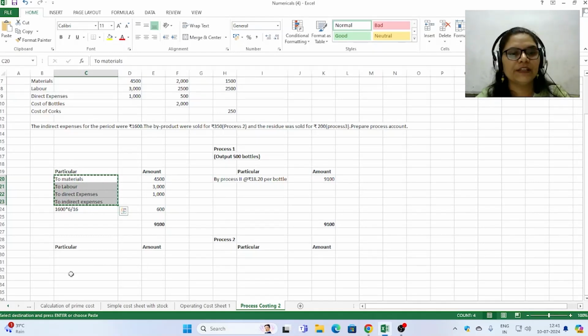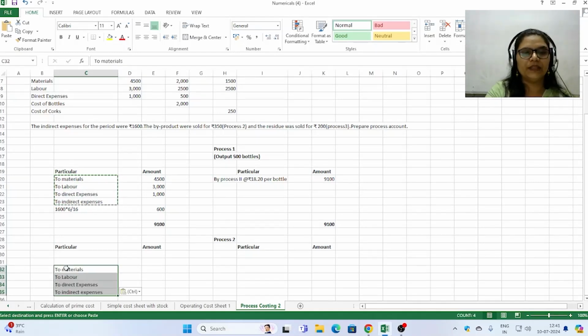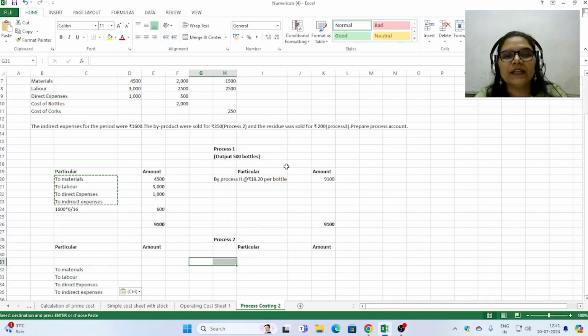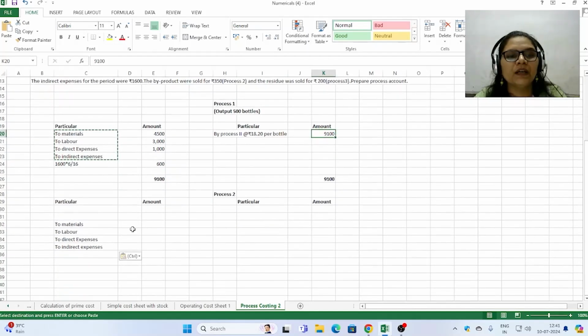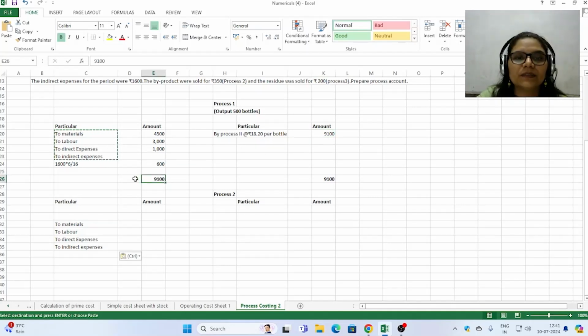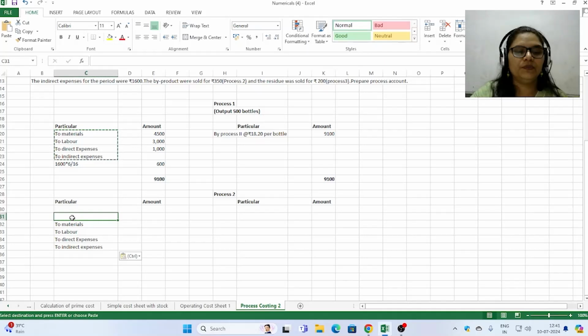So in order to save time, we will just copy it. Now, first thing is 18.20 per bottle, which is 9100 divided by 500 bottles will give you 18.20 per bottle. Now, as we know, when we are preparing the process costing, the closing balance of one, that is the total expense of one process, passes on to another process. Okay. So we will write